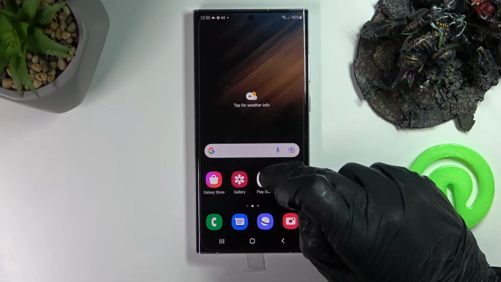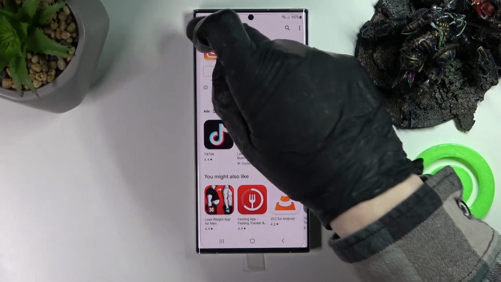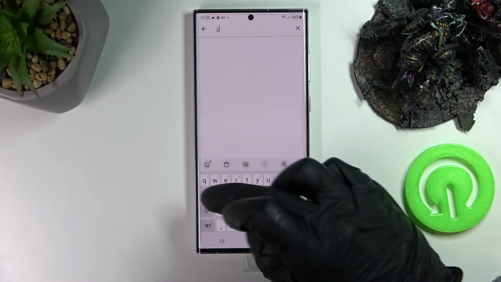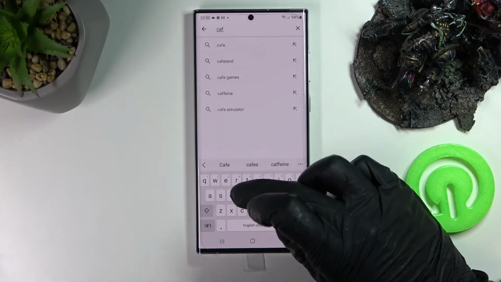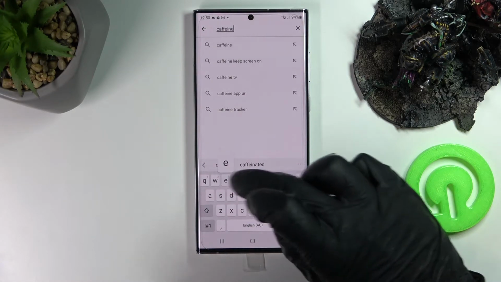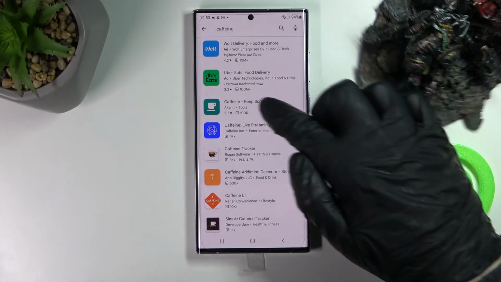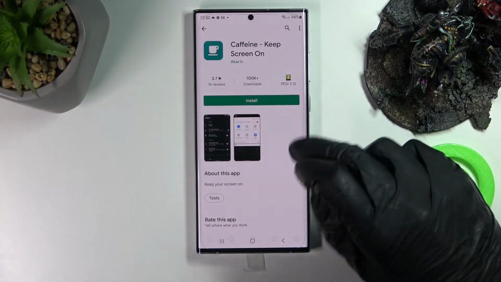So we need to go to Google Play Store, search for an app and find an app called Caffeine, like this, and it's this app. Now install,